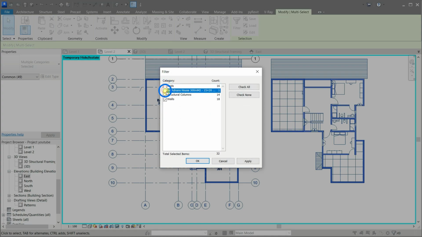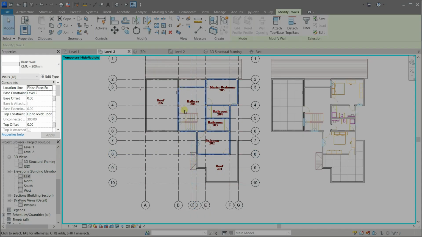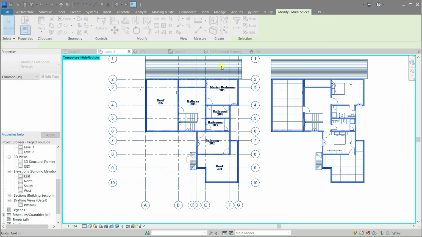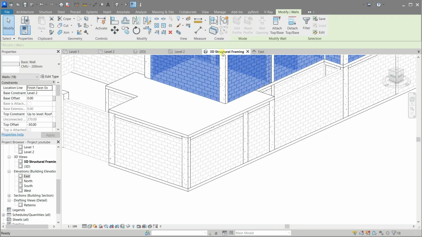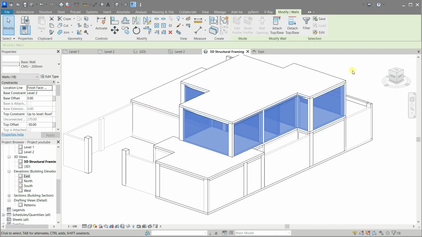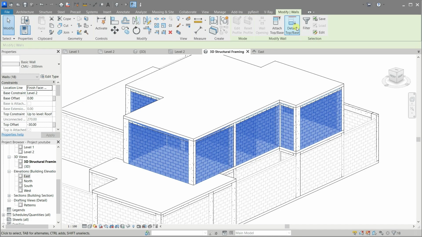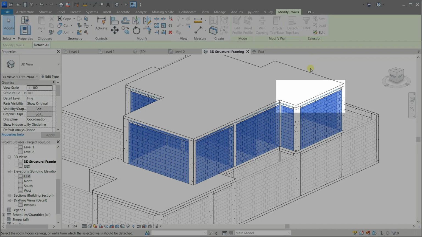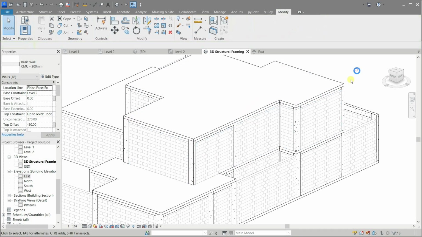Now select the walls, then lower their height by -30, then detach them from the roof's floor. Okay, now the beams are showing.